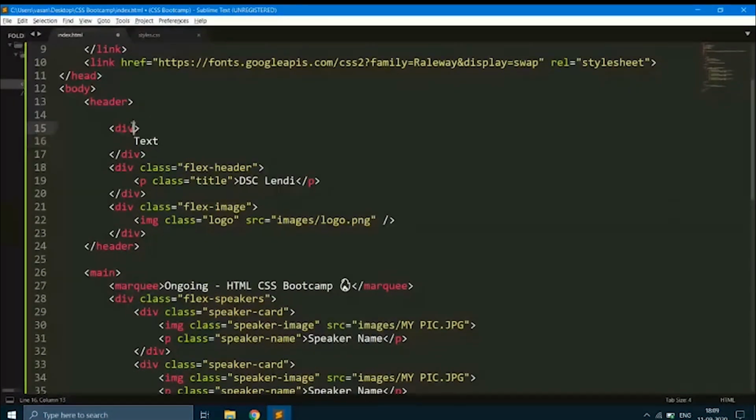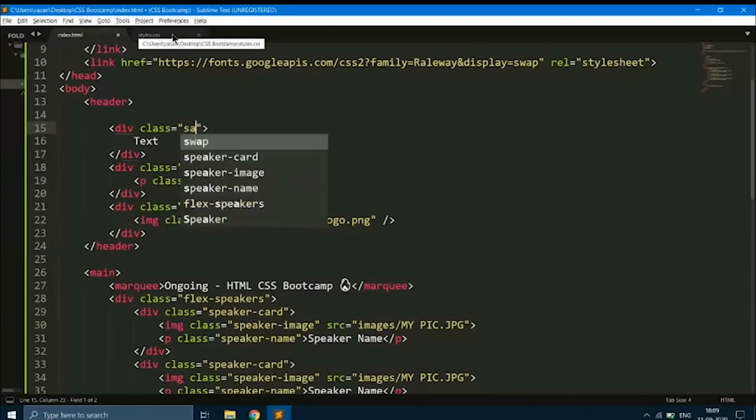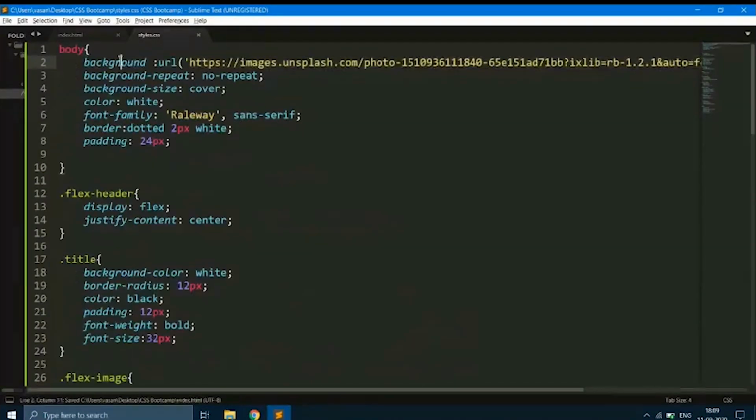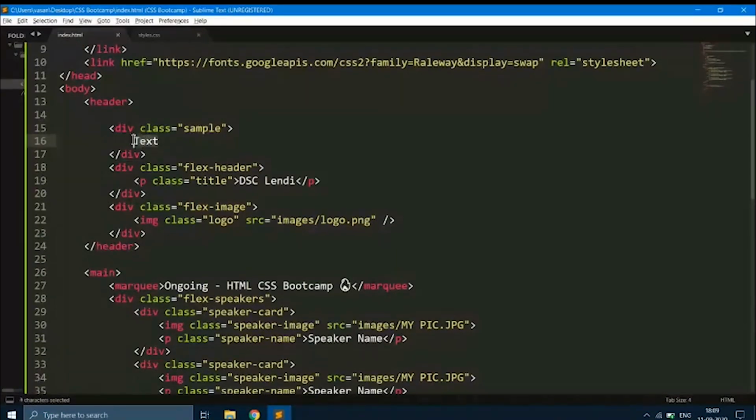You're going to write some class name here, let's say sample, and in the same way which we have done here, we are going to use this background property. You can say background and you need to give your image path, and that text gets applied on your image.